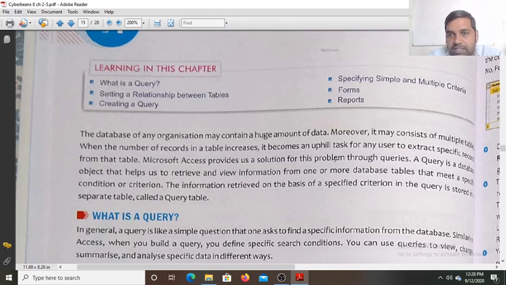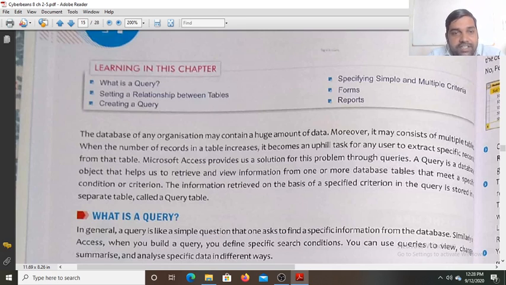So 15 gold medalists are there, and you want the information of only those 15 records, but there are 10,000 records. Out of 10,000 records, the query will search for all the records of those who have got the gold medal, and only their information is collected and created into a table. That table will contain only the information of the 15 students who have got the gold medal. That is called the query table.